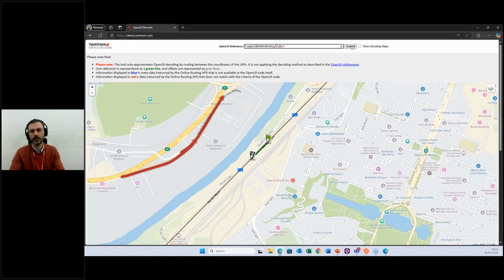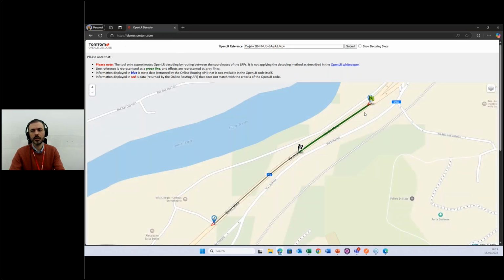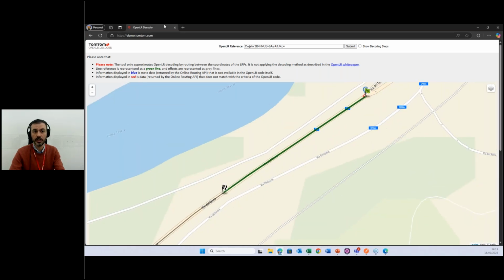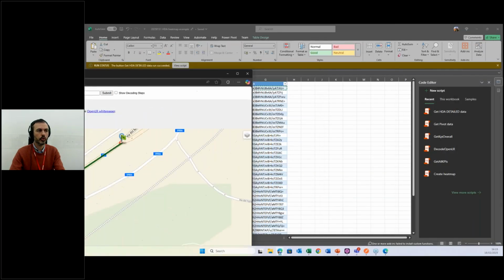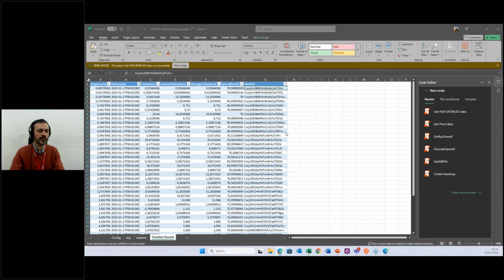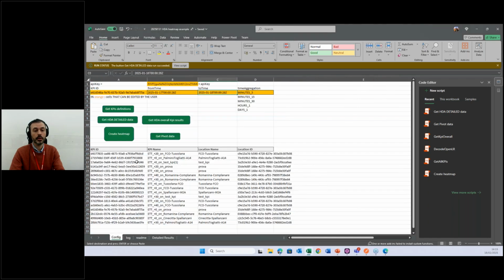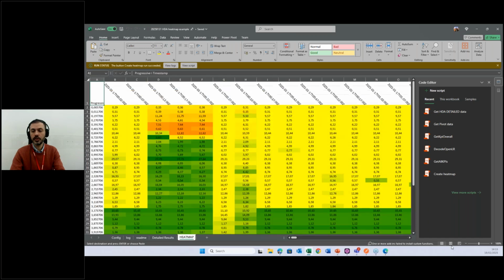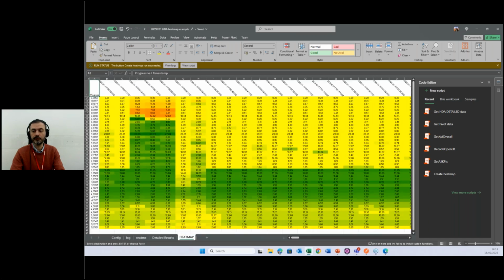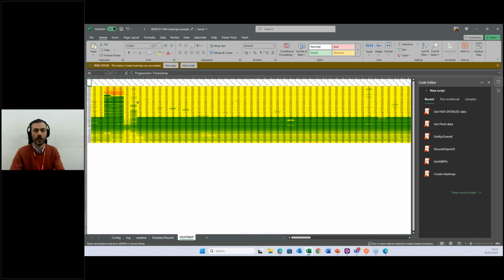You copy the OpenLR code and you know which is the road that we are talking about in green. So it is very easy to understand what to do in your own Excel application. For example, I created a historical heat map here. Clicking on this button, you see we have a heat map of the 24 hours along the corridor